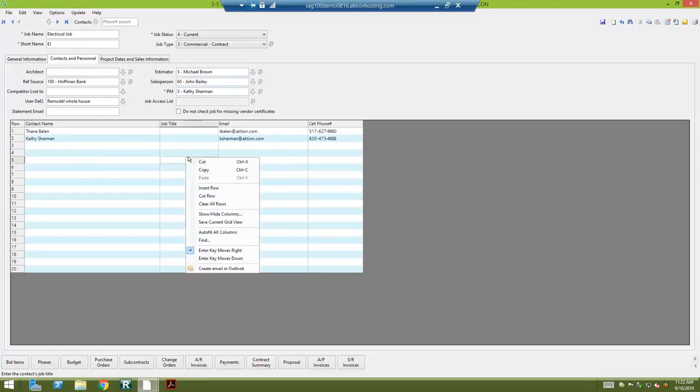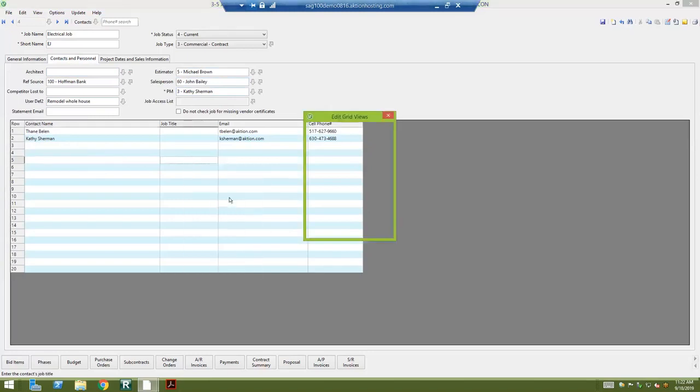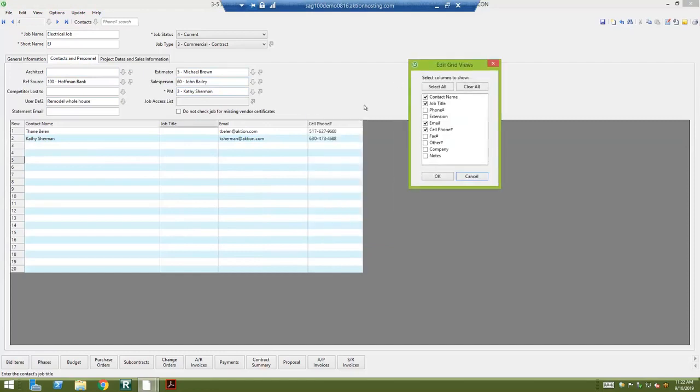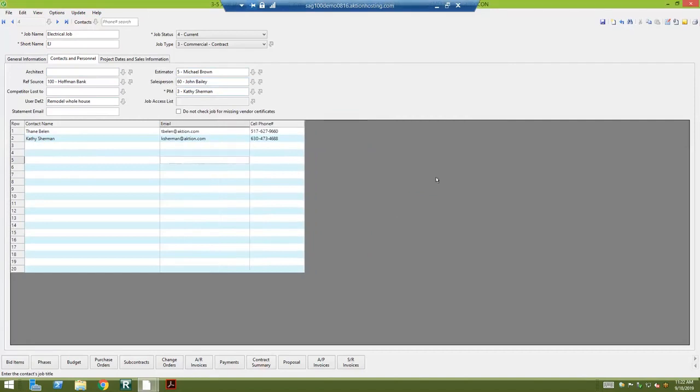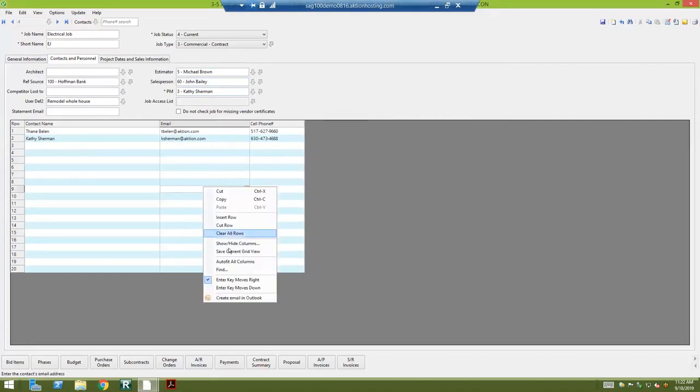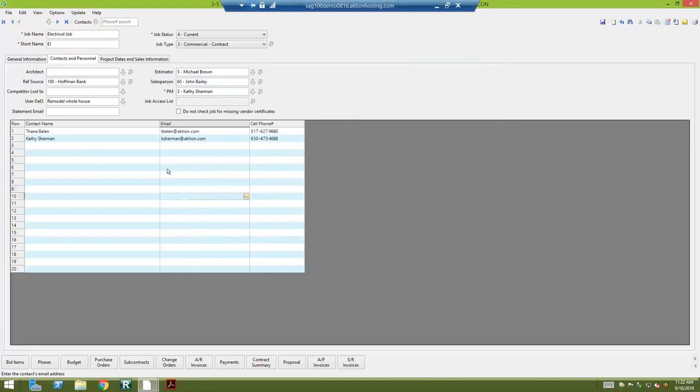When you're in a grid, I'm going to come down here to the grid, you can right-click and show and hide columns. So let's say in this field, maybe you didn't care about the job title. I'm going to uncheck the job title. Let's say OK. And I'm going to save this view. So what the system does is it knows that when Kathy comes into this screen, she only wants to see